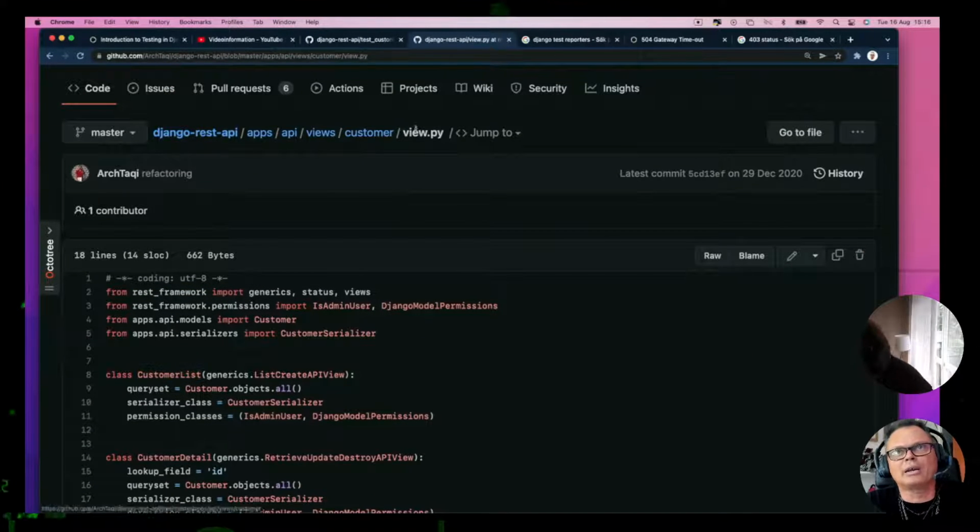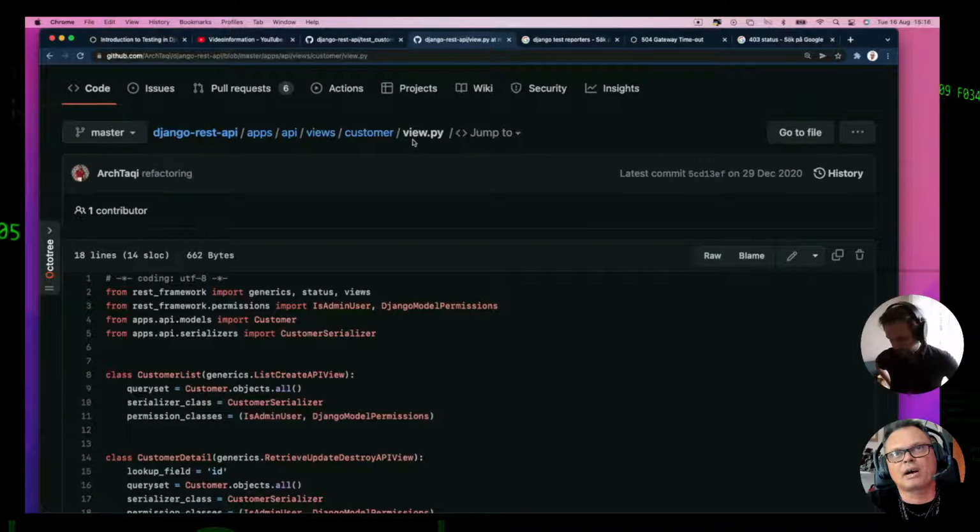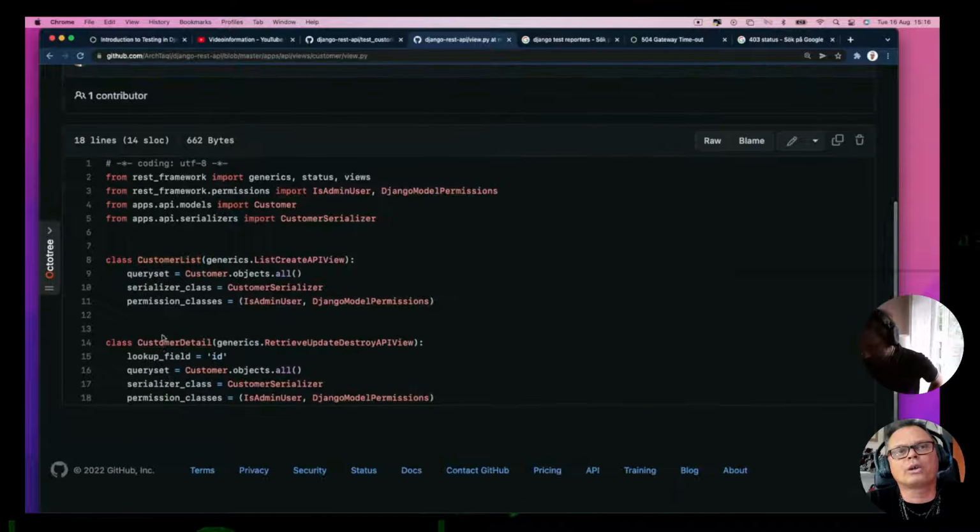Okay, I'm not very fond of this because the folder is customer and the file is view, and he calls this customer list. Oh, no, no. Okay, I got it, you were right. So we can store different classes in this view, and the customer list is the index action because he's getting